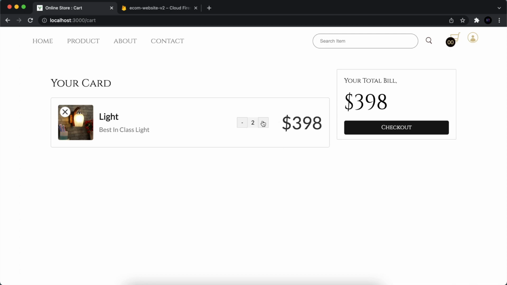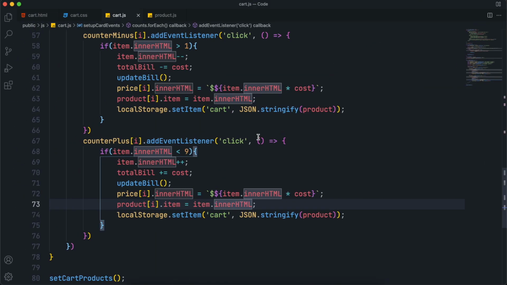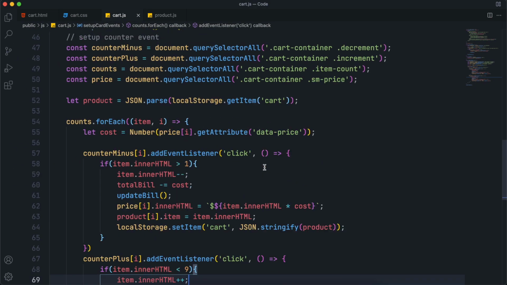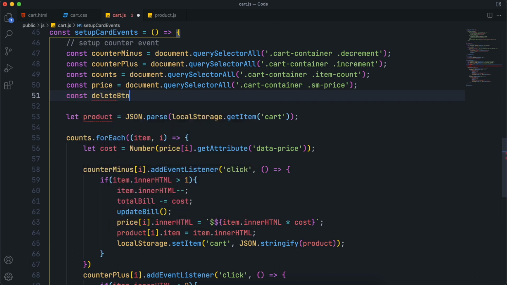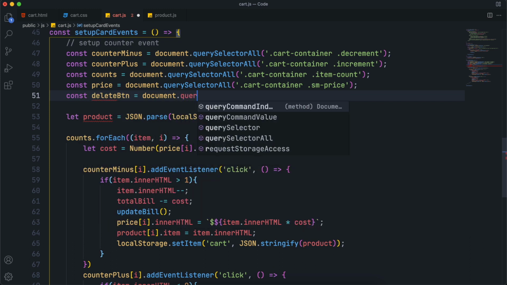So now if I increment the count and refresh the page, you can see it didn't reset. So great work. Now we want to delete the item. For that, select the delete buttons using of course the querySelectorAll method.